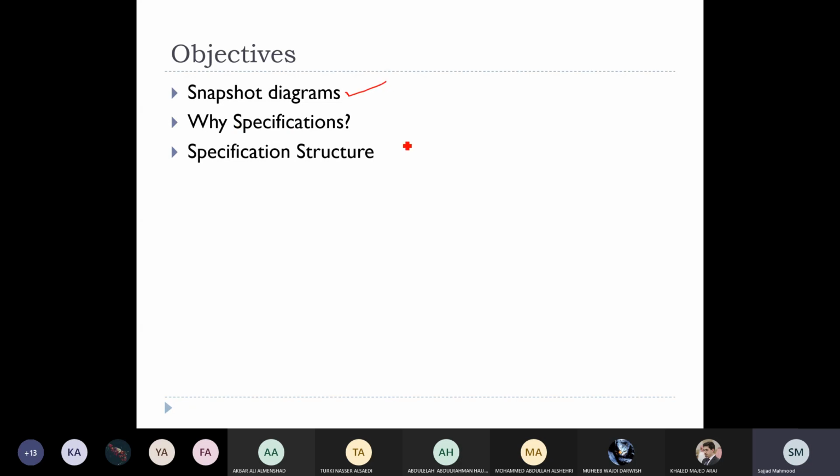And we looked at how we can understand and graphically represent the state of an object at runtime. And we looked at the concept of mutable and immutable objects and so on and so forth. And then we looked at specifications. Sorry, on Sunday we looked at why we need to do specifications,